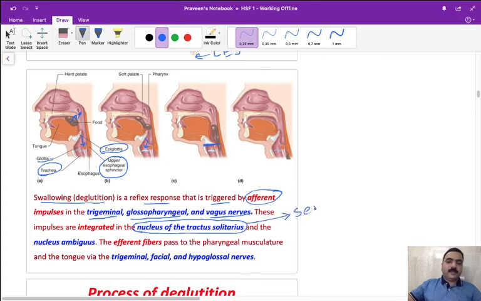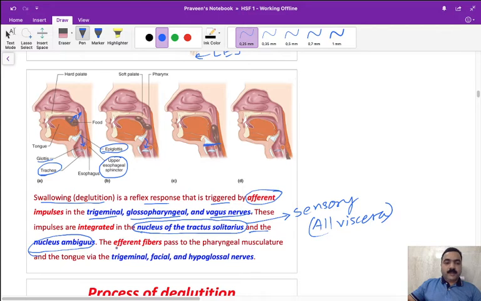It is the sensory nucleus, all the sensory from the viscera, all visceral sensation. All the sensation from the viscera is going to the nucleus of tractus solitarius. Also for deglutition, salivation, and from the stomach, all the sensory information for the respiratory system and the cardiovascular system mainly has a relay to tractus solitarius, and then a little bit to the nucleus ambiguus. So they are integrated in these two parts.